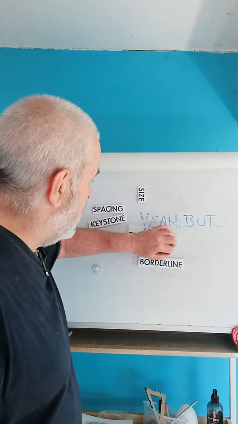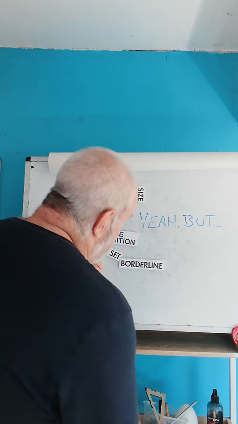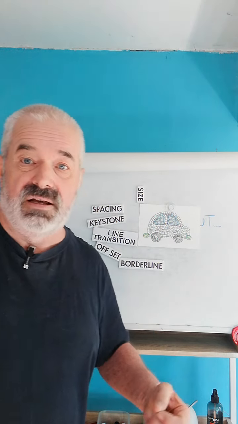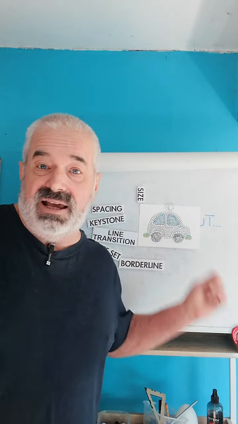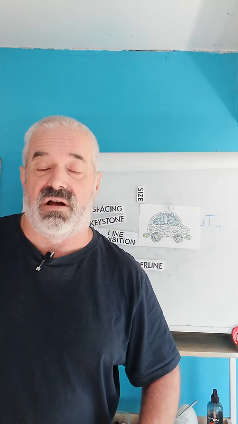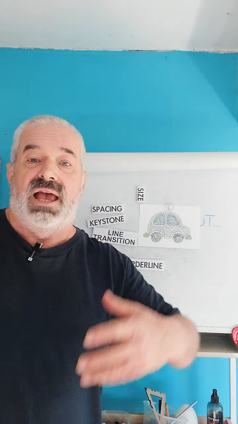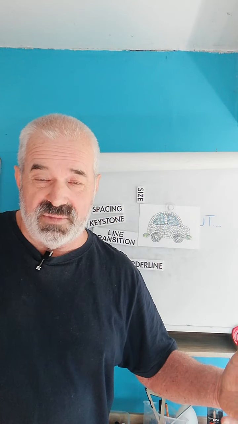That is why I say when you learn classical andamento, when you learn the rules, learn the gold standard. Be able to take something like a cartoon car and fill it, draw in the lines of tesserae, using the rules, using the principles in classical andamento, because then you get to understand what it looks like when it's done really well. Then you go and look at Roman mosaics, then you go and look at the originals,